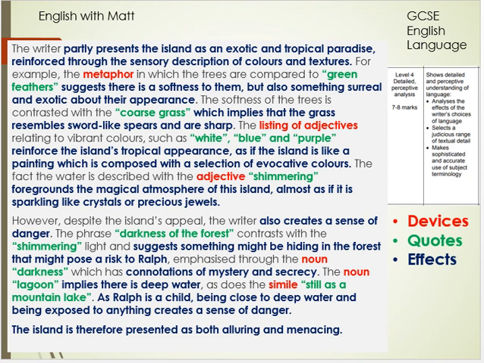Okay, so that concludes this presentation using Lord of the Flies to practice language analysis. In summary then, very similar to what I've been saying before, make sure that you have your devices, make sure that you quote, but using short quotes, and also make sure you think about effects. Using words like implies or foregrounds or suggests or reinforces or presents can be really helpful in presenting those effects and the impacts on readers. So always think about language as a conscious decision, it's a deliberate thing,